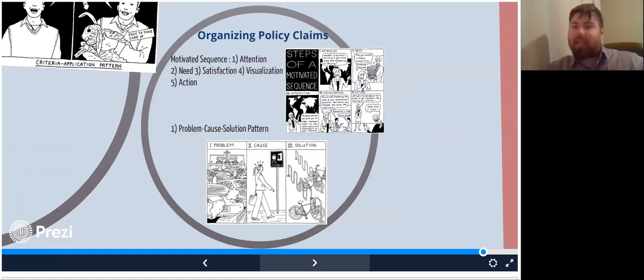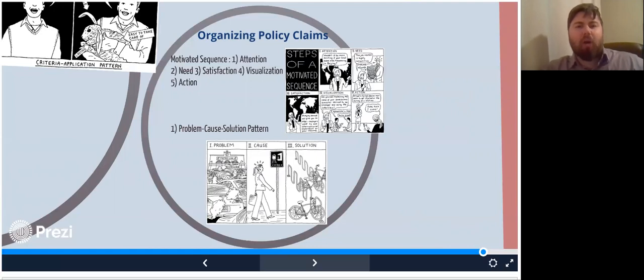And here's a Tesla, right? Tesla Model 3, I think, is their cheapest model. But don't quote me on that. I'm not sure. And then visualization. Imagine yourself driving guilt-free through the street, knowing that what your driving does has no negative impact on the environment. And then action. What you should do is sign up for a lease or sign up for a test drive, or actually make the decision and buy yourself a Tesla.